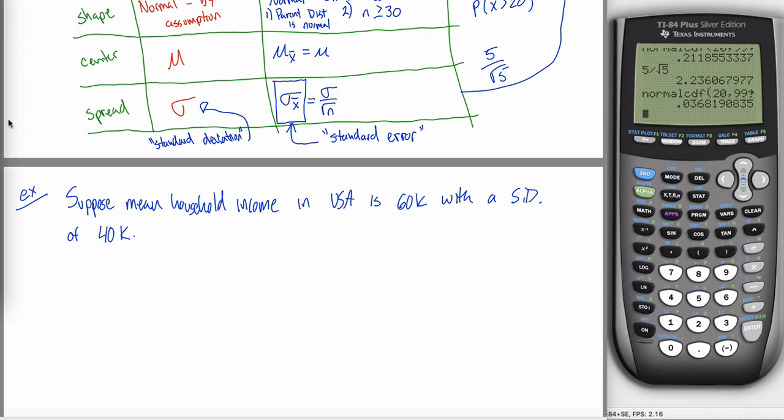If you're reading through this problem and labeling things, you might say that mu is 60 grand. I'll just say 60 and everything's in thousands. And the standard deviation is 40 grand. So maybe sigma equals 40. I'm going to put 1,000. I don't want to confuse people. Fine. And then what type of question might be asked? What is the probability that